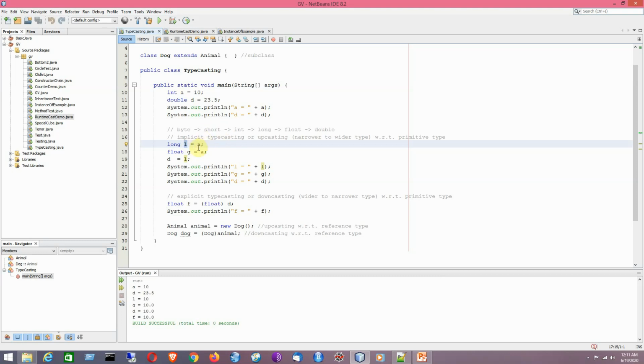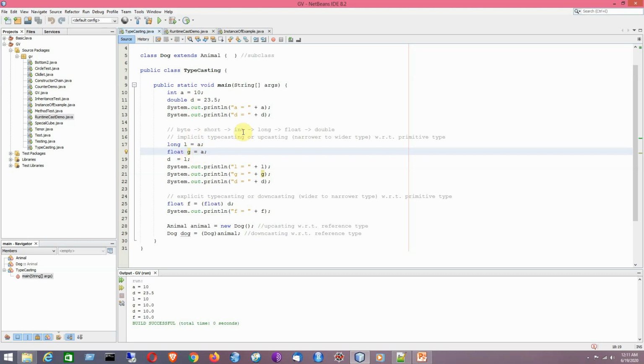Similarly, for the next example, float g, which is a variable of type float, can be initialized with the value of the variable a. That means the int type variable a can be used for initializing the floating point variable g.